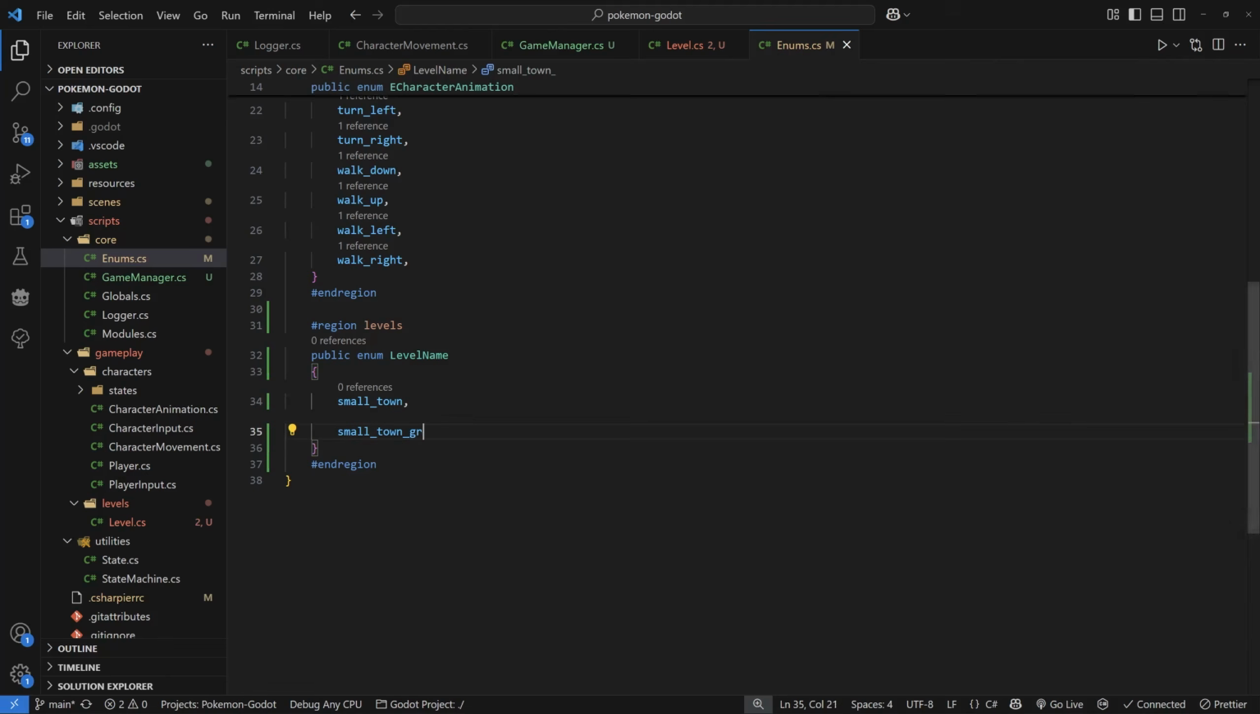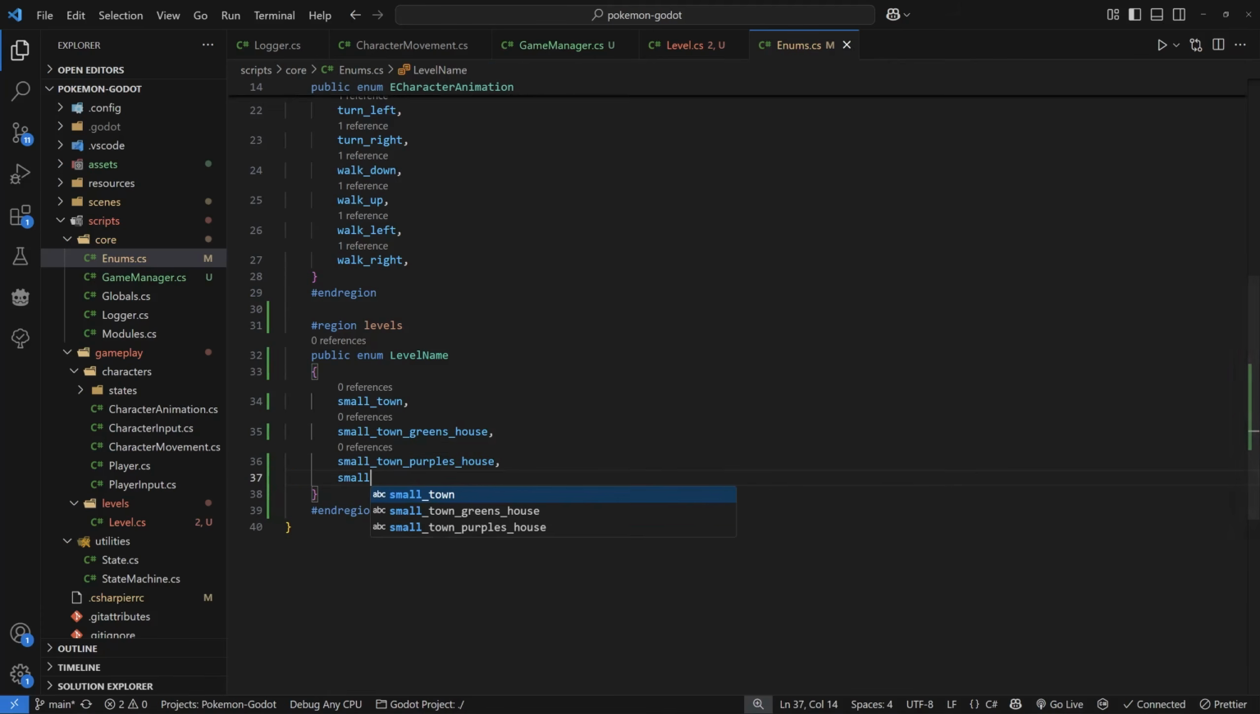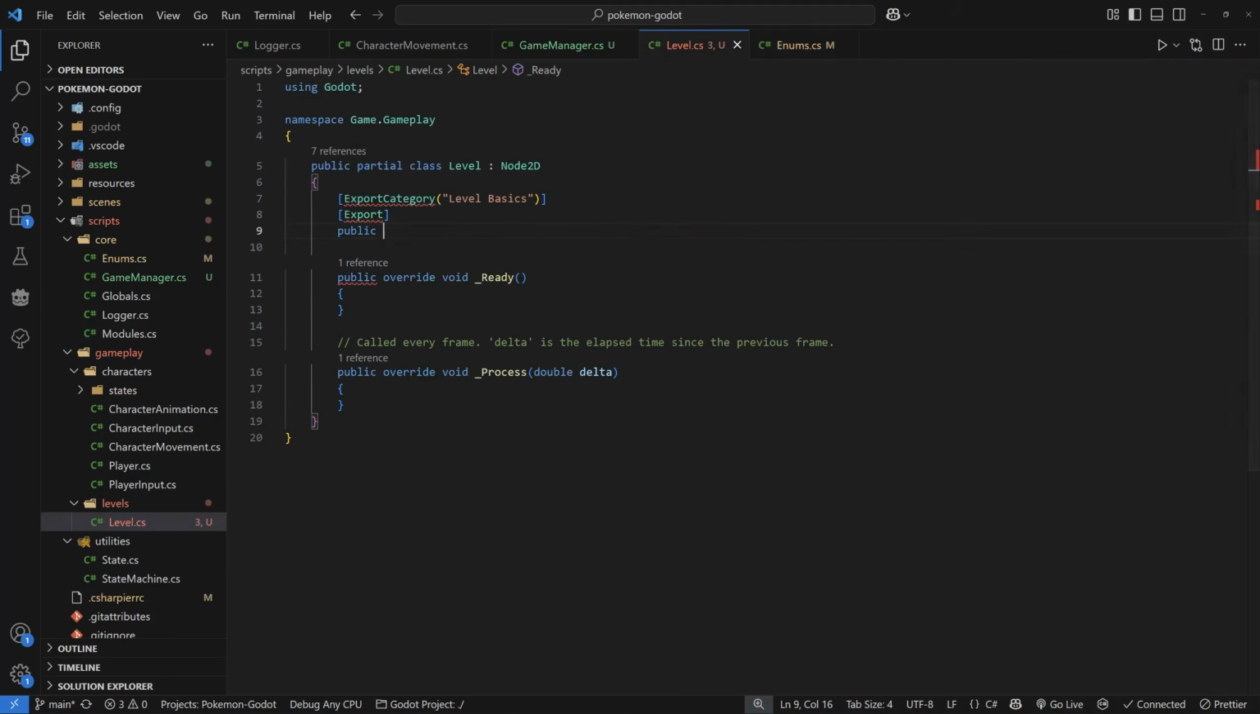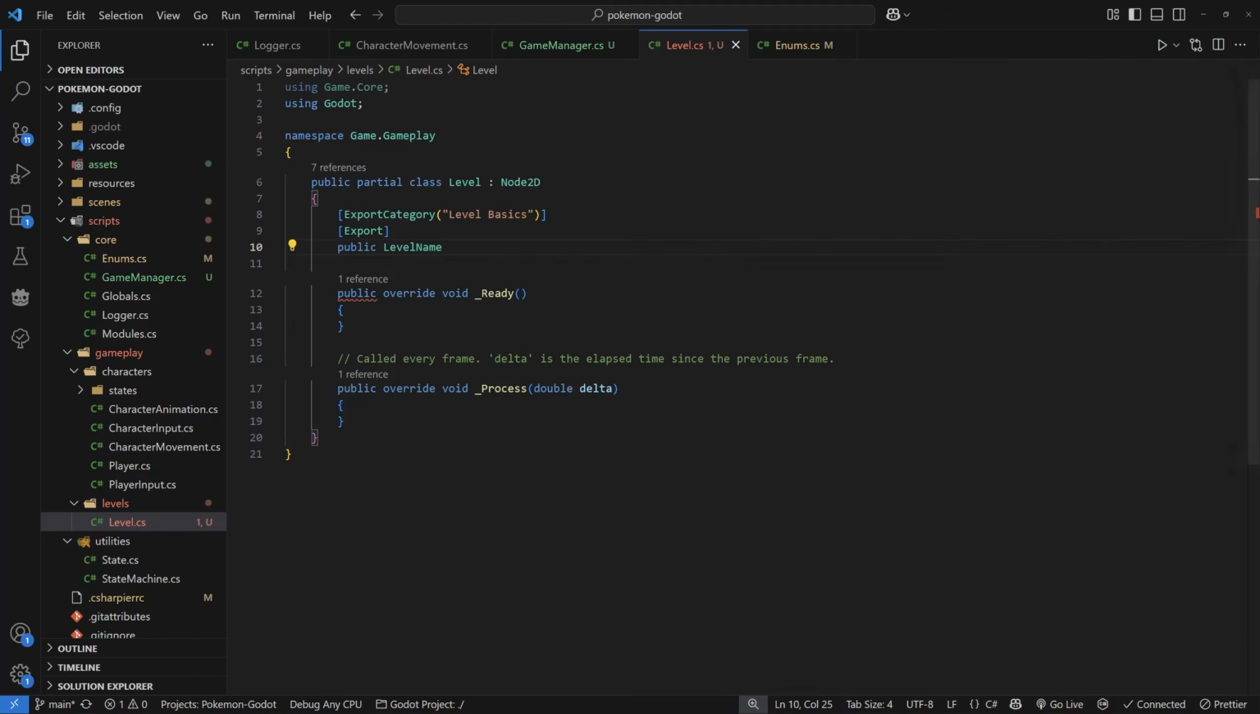And I'm going to create a reference for my small town, and then each of the places that I want the player to enter. So in my case, I have 2 houses, a Pokemon Center, and a cave. I'm going to create a level name for each of these, and then eventually we'll assign it to each level when we create them. Once you're finished with that, go back to your level class and add your public level name and create a